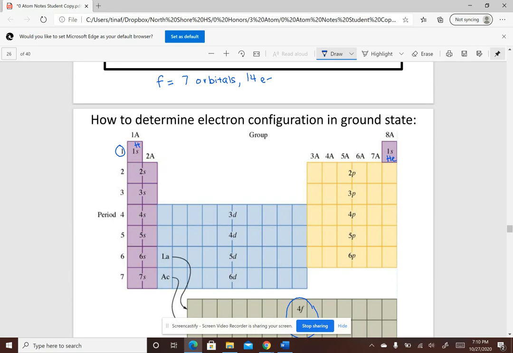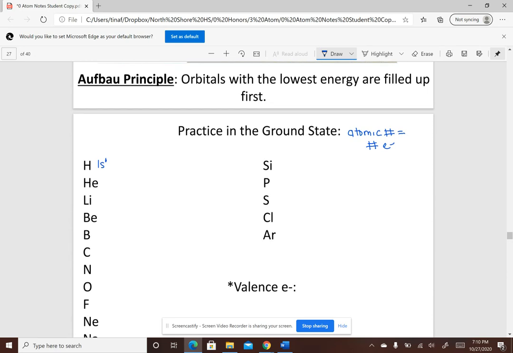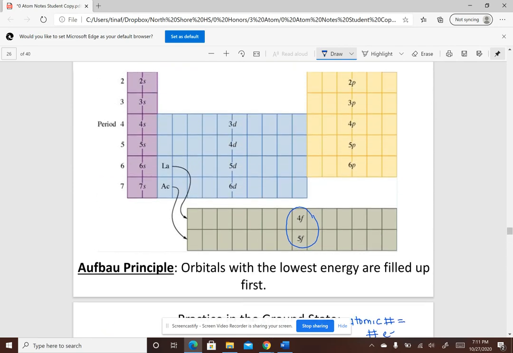Helium is still in the first row, and it's still in the 1s block. So I'm going to put 1s for helium, but now helium's atomic number is 2, so that means it has 2 electrons. And I know that the s orbital can hold 2 electrons, so I'll put them both there. You don't want to jump and put that second electron in a different orbital because your orbitals with less energy have to fill up first. Okay? So now let's go to lithium.